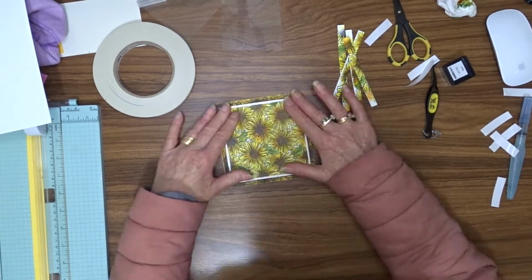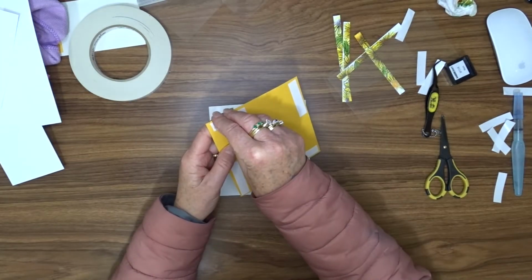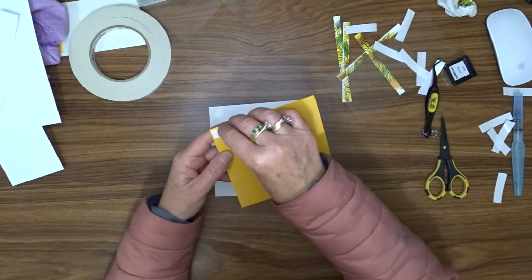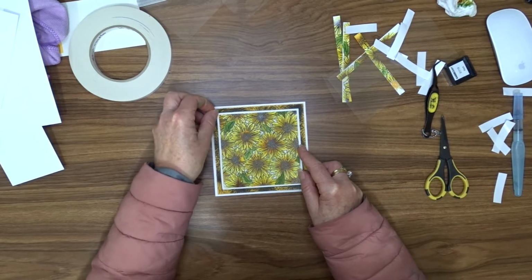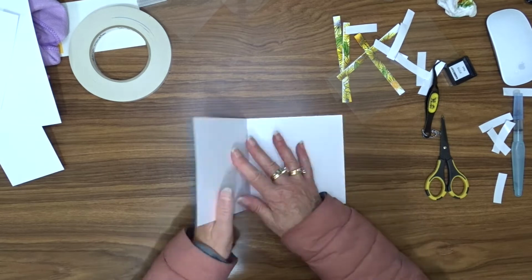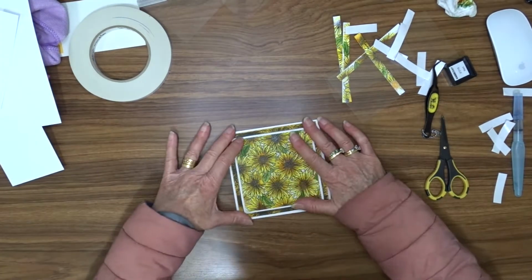I've used plain white cardstock to cut a white card base for this. Once again, the card base is 5 1/4 inches square, so I've cut it 5 1/4 inches by 10 1/2 inches, scored at 5 1/4 inches on the 10 1/2 inch side and folded it in halves. Now I'm going to attach my assembled panels, it's got all the layers on it, onto the front of that